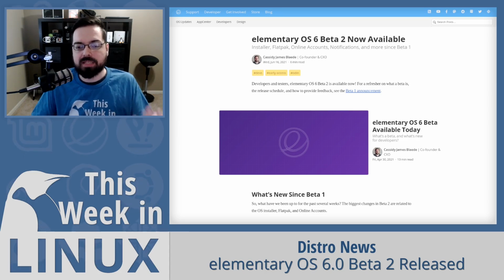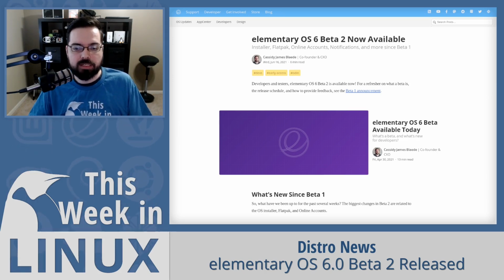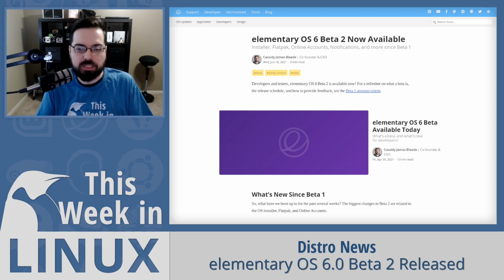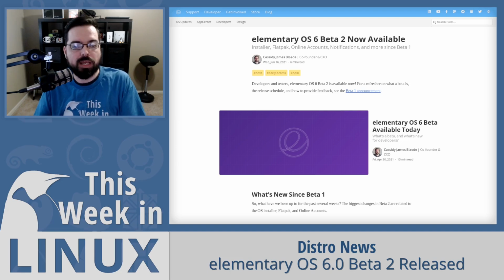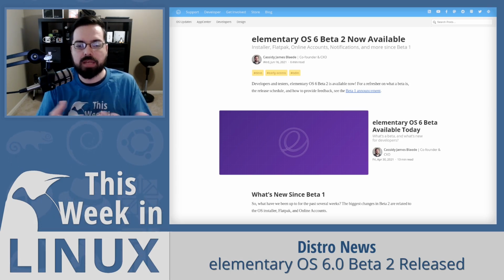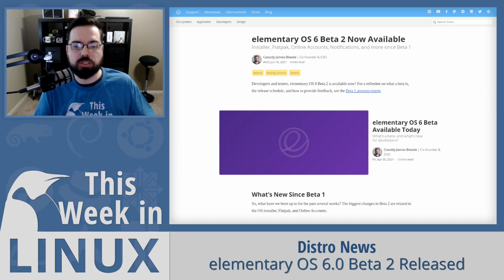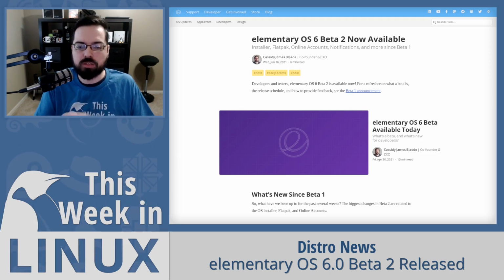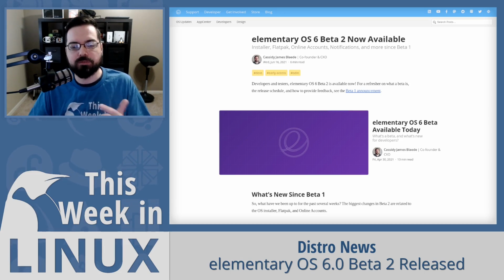And they say as a user, it's entirely transparent. Apps launch and behave just as they did before, they just happen to be packaged in a different way under the hood. And as the beta process progresses and we solve sandboxing issues in our apps, we plan to transition even more apps from the Debian packages to the Flatpaks provided in the App Center Flatpak repository.